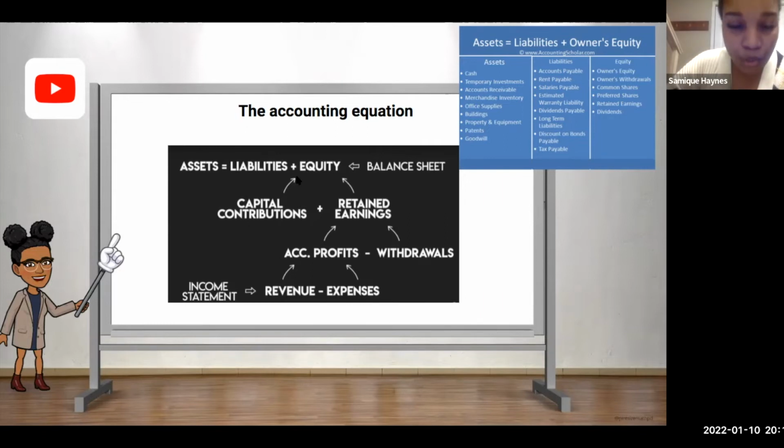Now let's look at this drawing here, this diagram. Equity, this part of the equation, what did we say equity was? It has to do with what the owners put into the business, correct? So the owners put this in, they put in money, but when they put the money in, what do we do with it? What do we do with the money that the owners invest into the business? Anyone can tell me what we do with the money that owners invest into the business? What does the business do with that money?